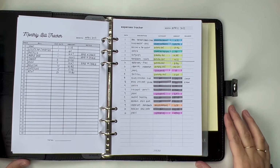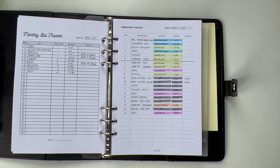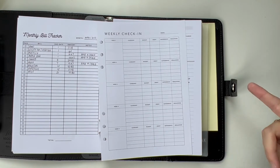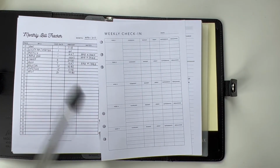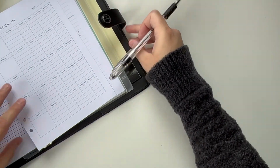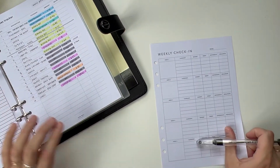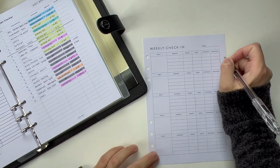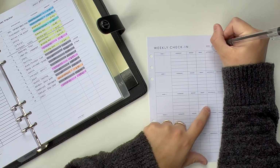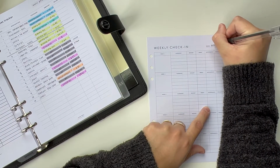All right, so I have kept track of every expense for the month of April, and I've highlighted them by category. What I'm gonna do is use this tracker to check in with my weekly numbers. Move this out of the way a little so you can see both on screen. All right, so this says week up here, but really it should be month. So I'll put April